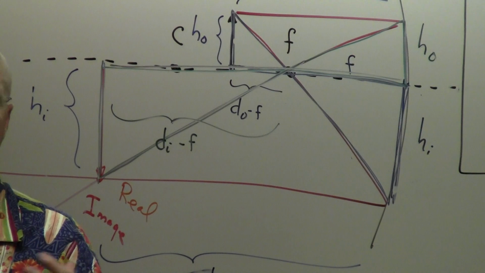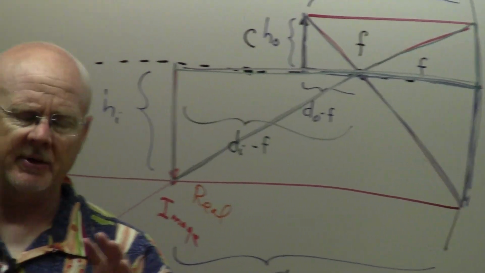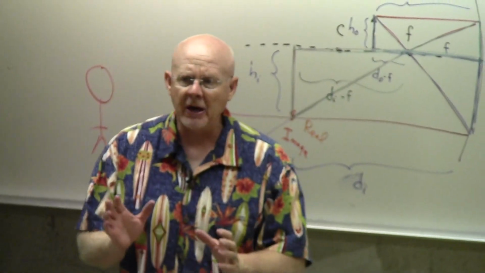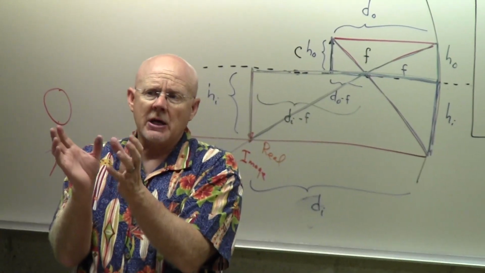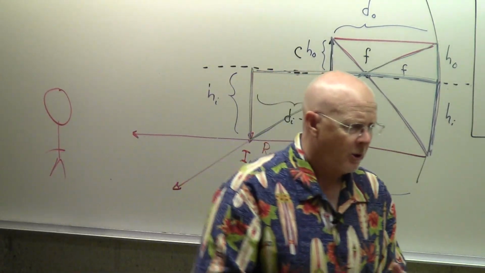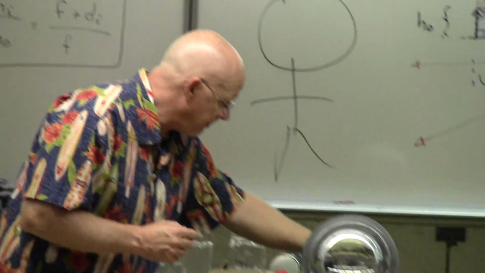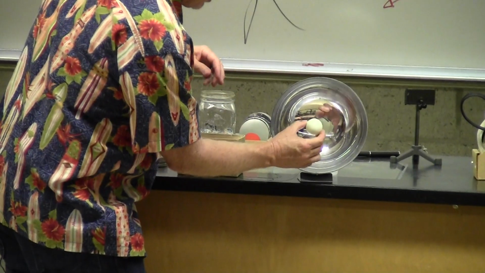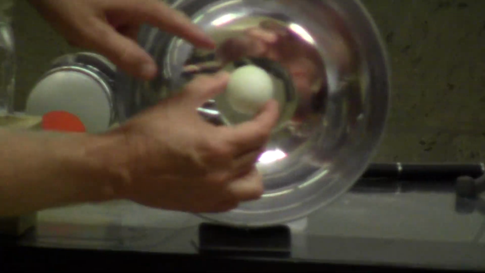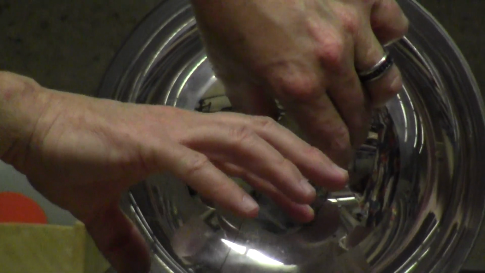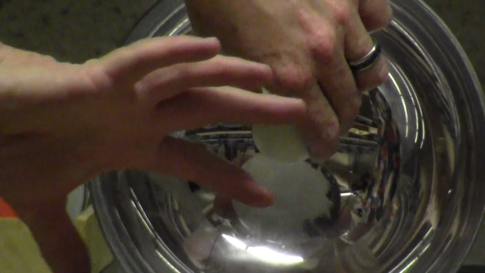Some people even mistakenly call this a hologram. That's not what a hologram is. A hologram is something totally different, and we can talk about that at another time. But the light comes from the center of the room. That is, if I put the ping pong ball, say, right here, the light gets redirected, and it appears to be coming from right here. And so you're looking at this going, hey, there is the